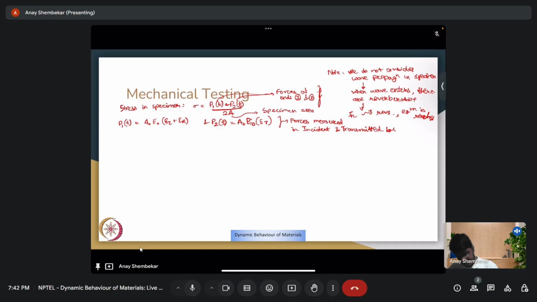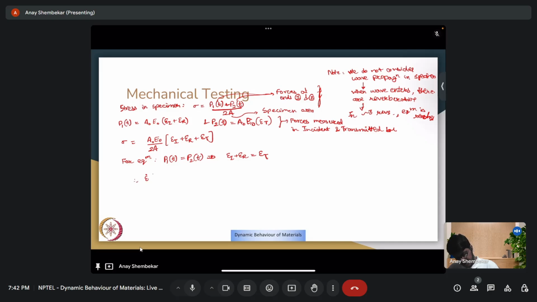With this in mind, we can write the stress inside the specimen as A naught E naught by 2A (epsilon I plus epsilon R plus epsilon T). Again, for equilibrium, you must have F1 of t equals F2 of t, which means epsilon I plus epsilon R should be equal to epsilon T, which gives us